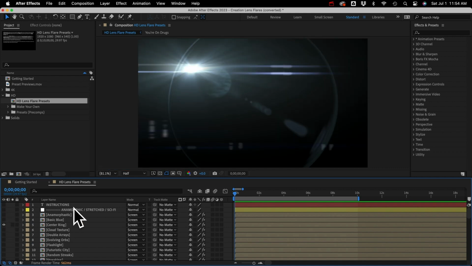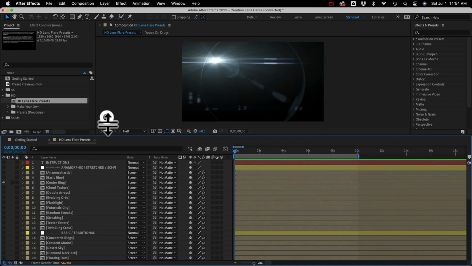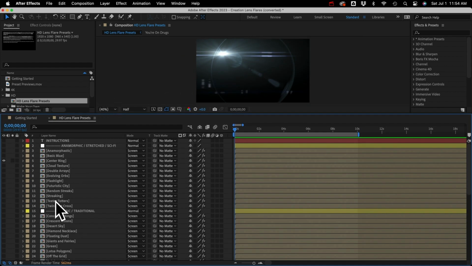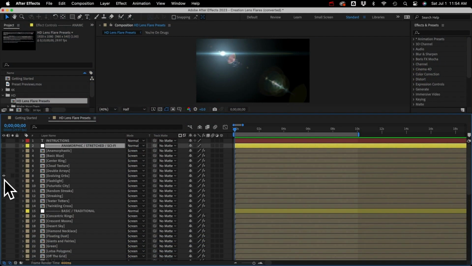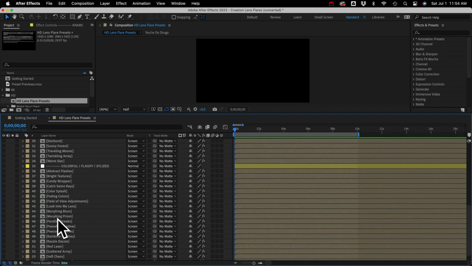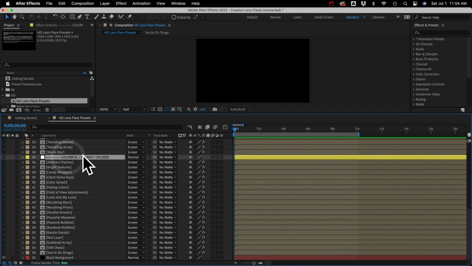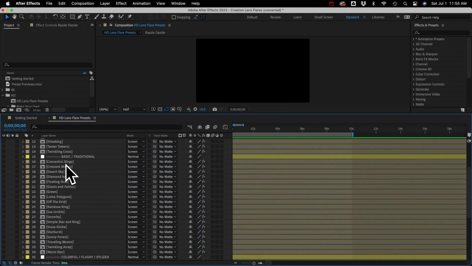It was kind of hard to categorize these, but I did my best. So these ones are all anamorphic flares, those long horizontal streaks and sometimes really stretched reflections. Then down here are the most colorful ones, or flashy or stylized. A few of these are more abstract, like just different textures. And then up here in the middle, we have other, perhaps a little more standard lens flares, but each one